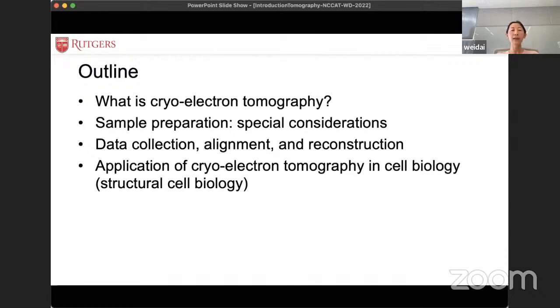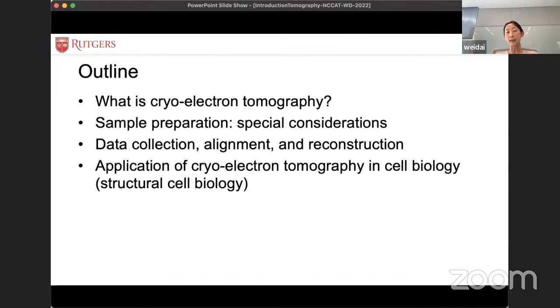tomography. And then I understand all of you have learned a lot about sample preparation in the single particle modules. So I also want to cover a little bit about sample preparation, but only special aspects relevant to cryo-electron tomography. I'm also going to very quickly go through the workflow in terms of data collection, alignment, and reconstruction, focusing on